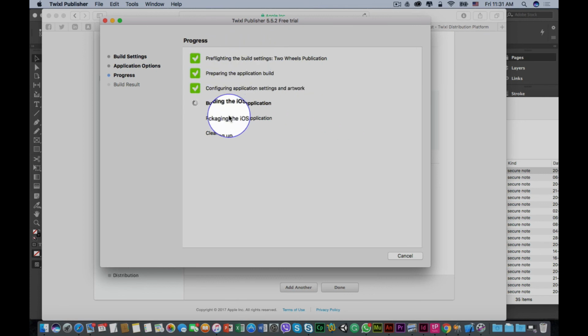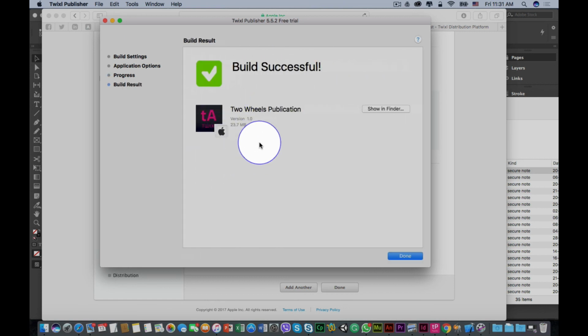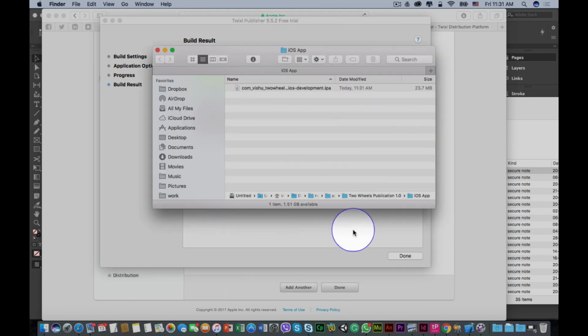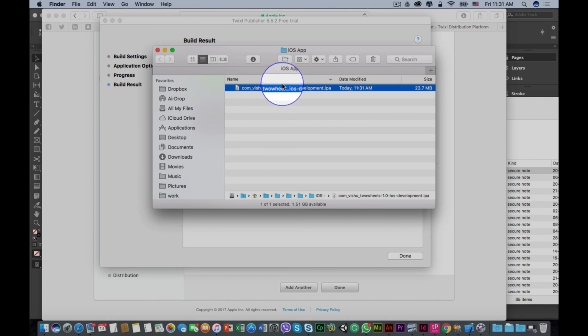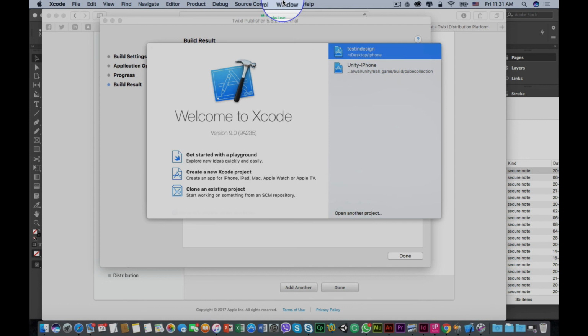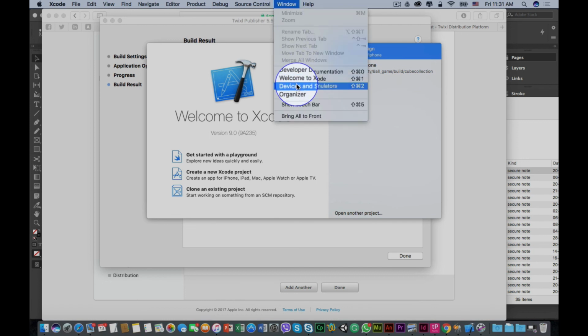So I see all the green check marks over here of building an iOS application. It's packaging the iOS application, cleaning up, and I have the application ready over here. So go to show folder, you can see the application is ready. Now how do you transfer it? What you have to do is you need to connect your phone with the USB cable, your iPhone or whatever iOS device you have, and then go to Xcode or launch Xcode, go to window, select devices and simulators,